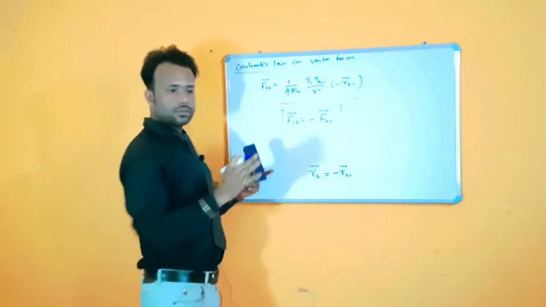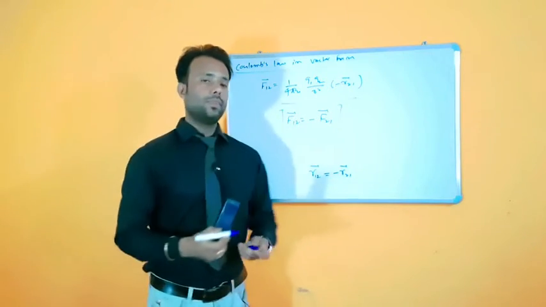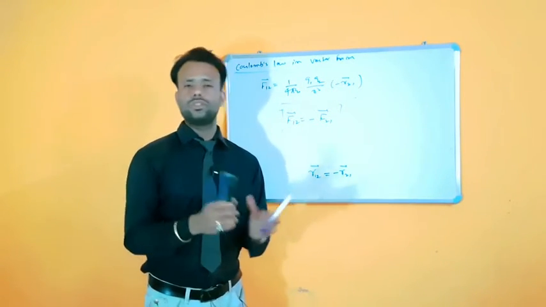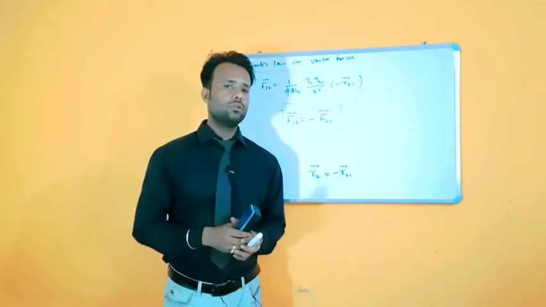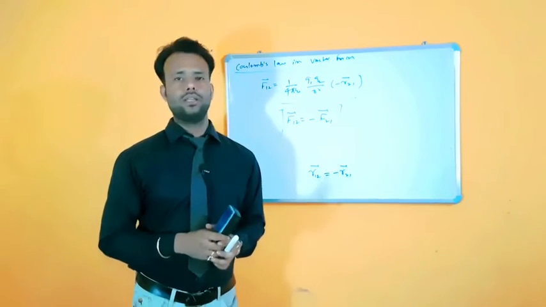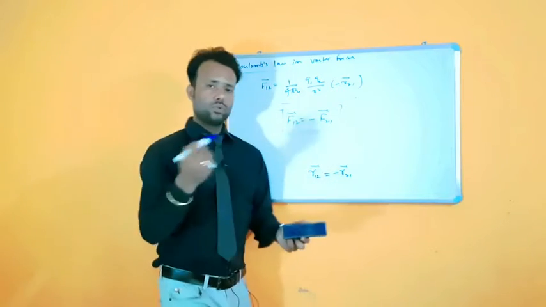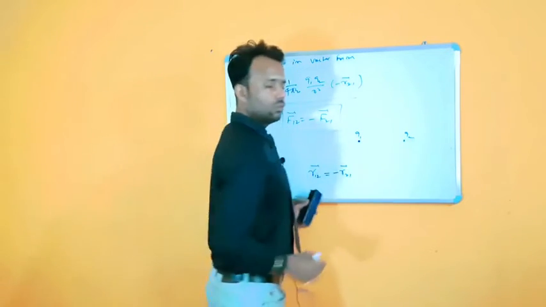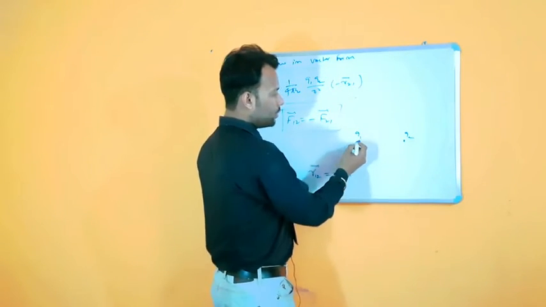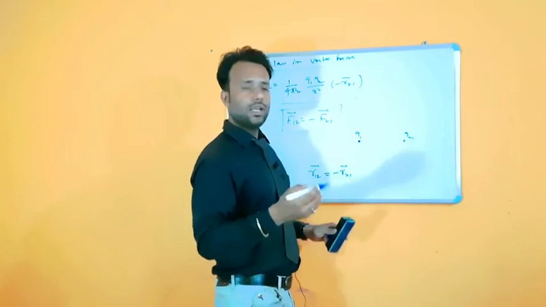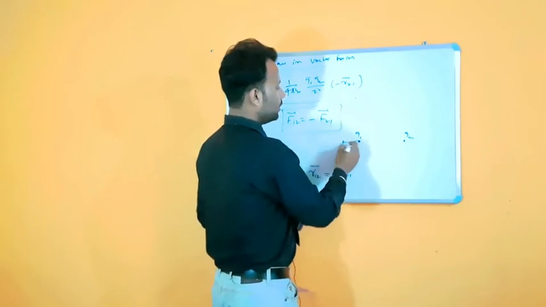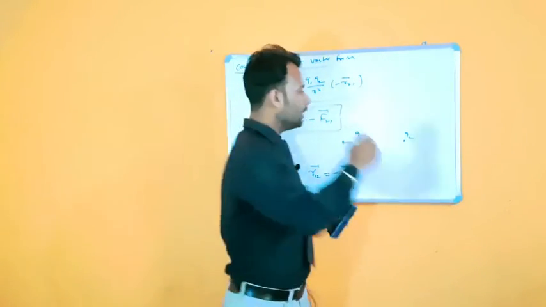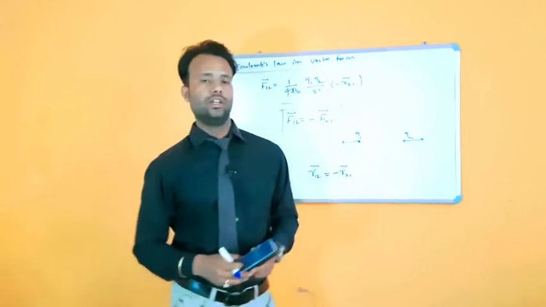So from this derivation, we find the result that the forces acting on both the charges are equal in magnitude but opposite in direction. It means that for the two charges q1 and q2 we were having here, if q1 experiences a force of, let's say, 10 Newton in this direction, then q2 is also experiencing a force of 10 Newton on the other side due to q1.